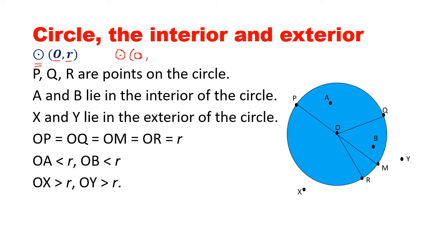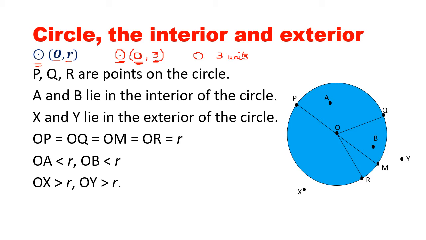Comma, next is radius. I can write O, 3. Now O, 3 means O is the center and 3 units. I have not mentioned centimeter, meter, decimeter, millimeter. So here this code is a circle with center O and radius 3 units. So you can take 3 centimeter, whatever. Okay. So this is the symbol of the circle.